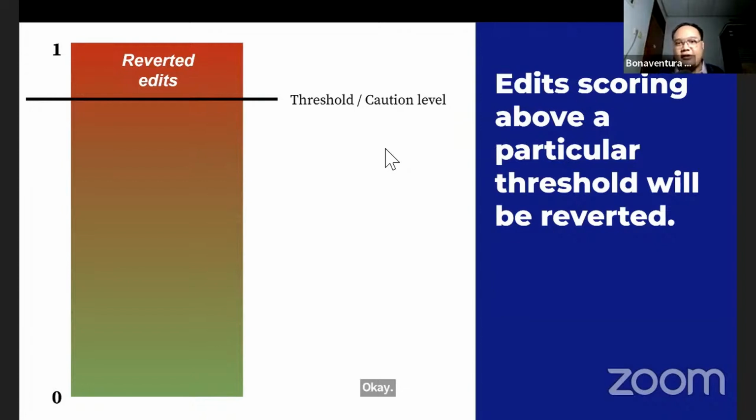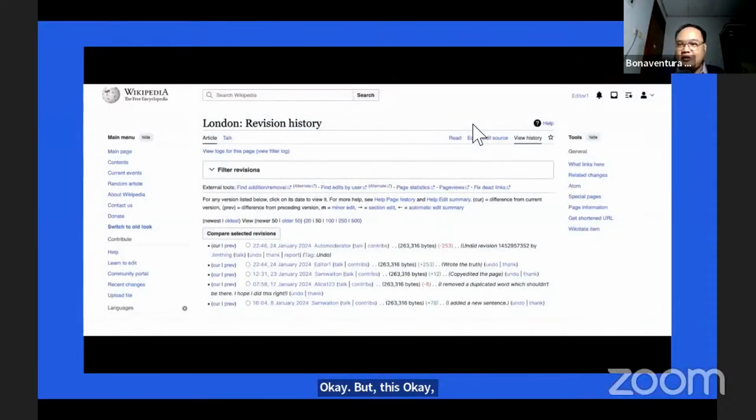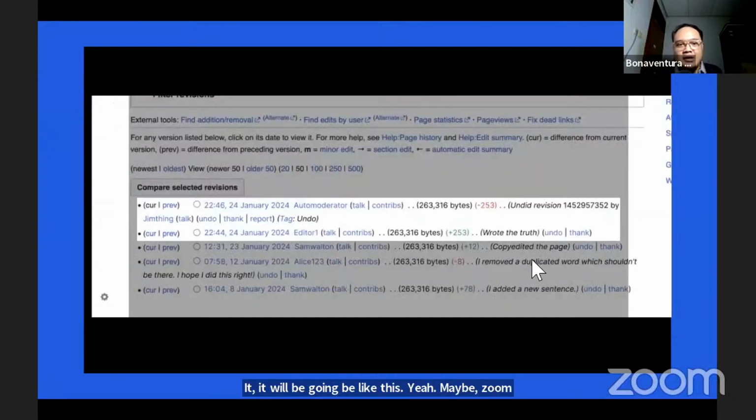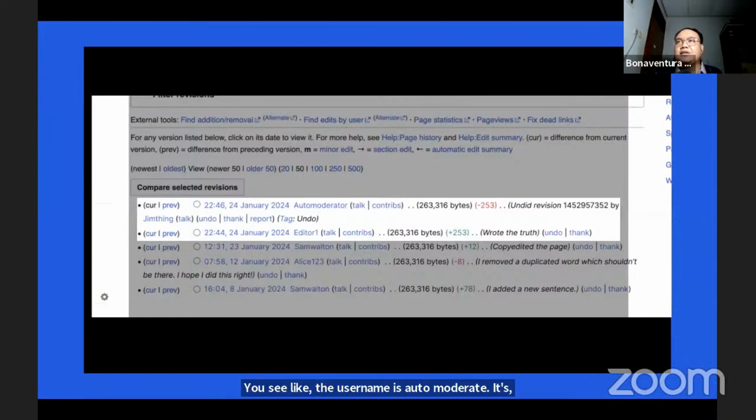Okay, next. So what will it look like if the feature is implemented? It is going to be like this. Maybe zoom in a bit. There you go. You see the username is Automoderator, its function is more like a bot, but it's not default like that.